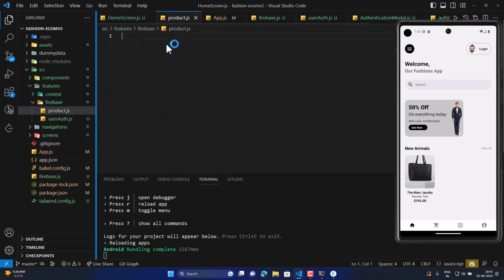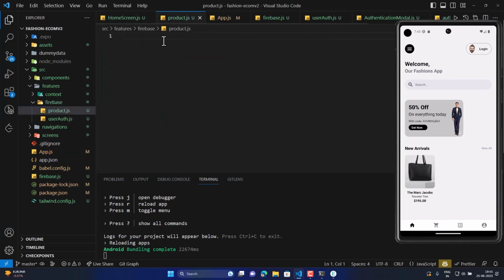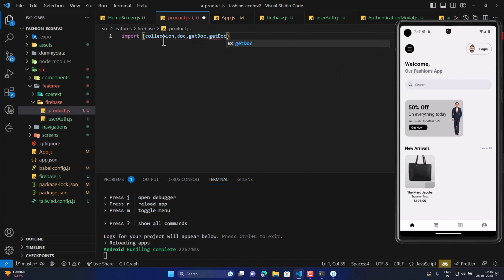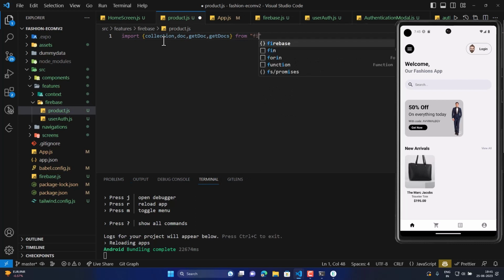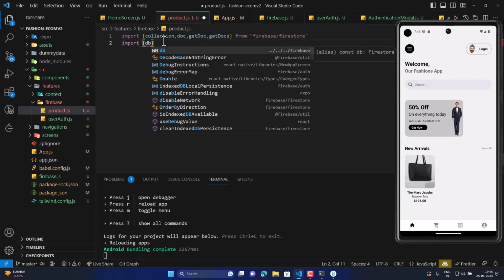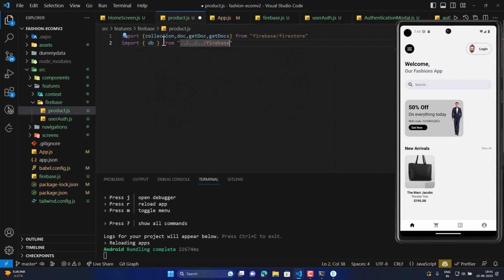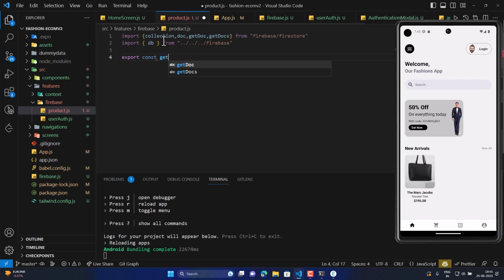product.js, and in this we are going to import some necessary components: collection, doc, getDoc and getDocs from Firebase Firestore. Then we are also going to import database from the Firebase file. Let's create an arrow function to fetch our products. Export const getProducts equal to, it's an asynchronous function,